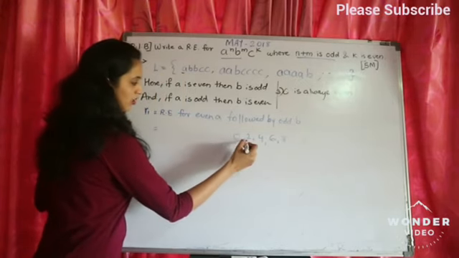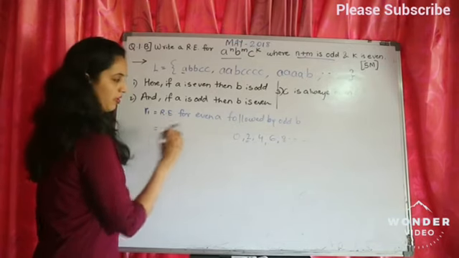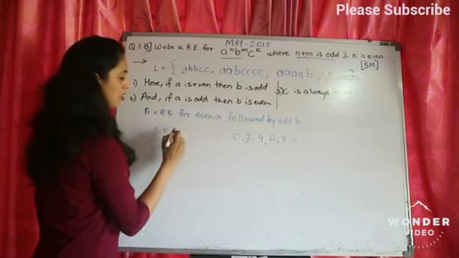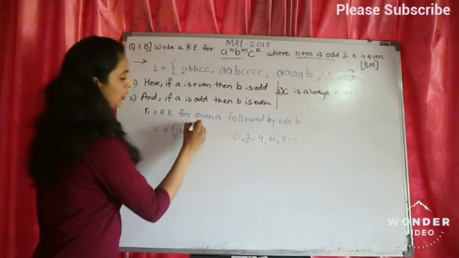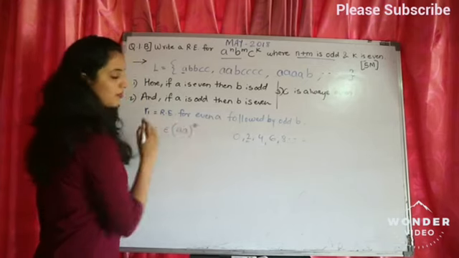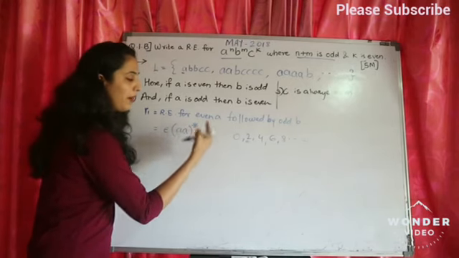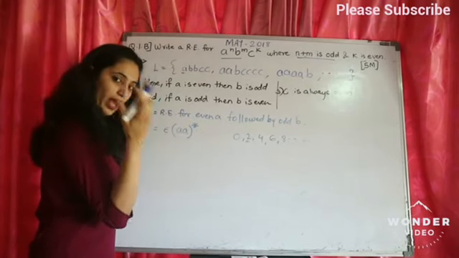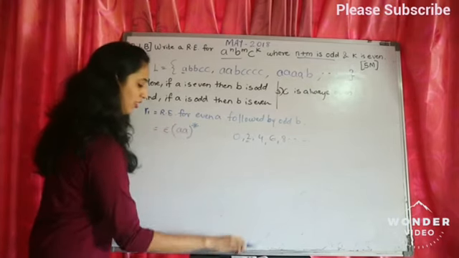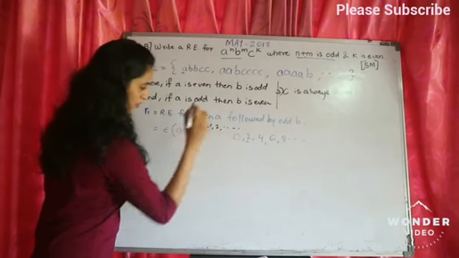So, if I say 2, 0 means epsilon. 2 number of A means 2 number of A. If I want 4 number of A, I can simply keep it in a closure. This way we are making it a closure. When I keep it in a closure, this closure can repeat 0 or n number of times. If this closure repeats, it can repeat 0 to n number of times.